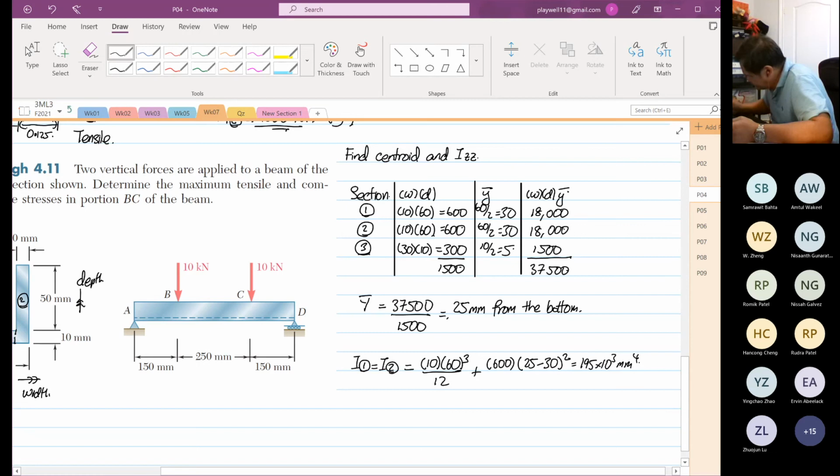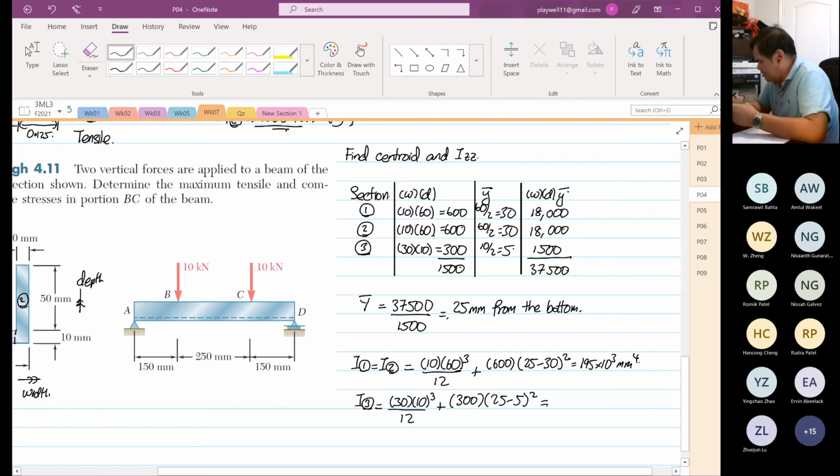millimeter 4. And I'm applying exactly how I taught you guys. I'm not looking at anything, I'm just looking at the table, just forming the equation. It's mindless work. That's why I can talk to you like that and still write. So 30 times 10 to the power 3 divided by 12 plus 300 times (25 minus 5) squared. So it's 122.5